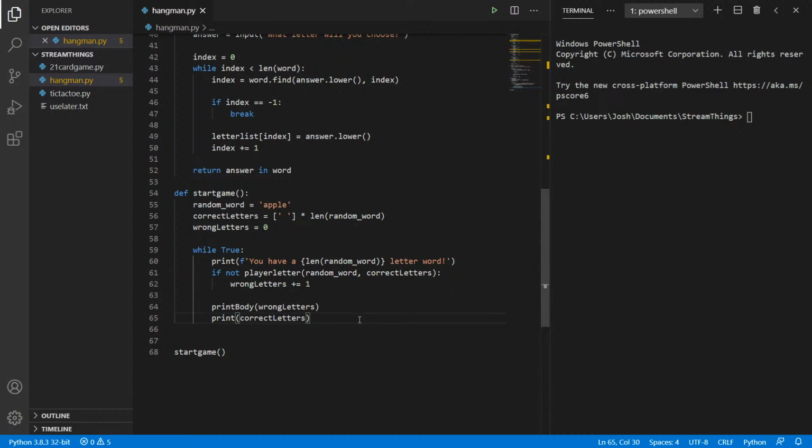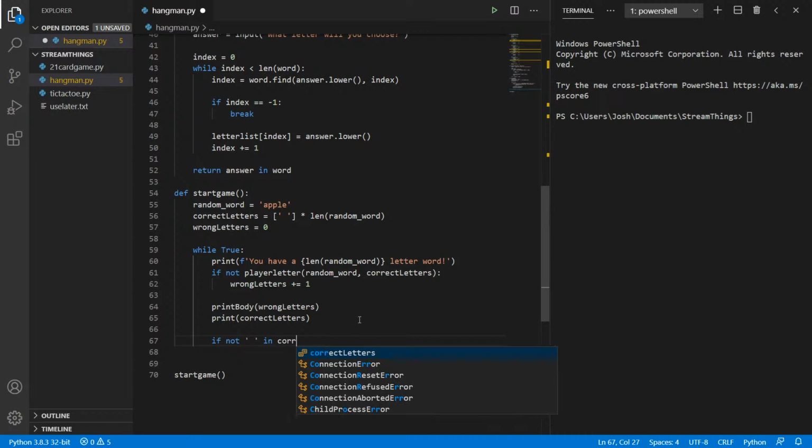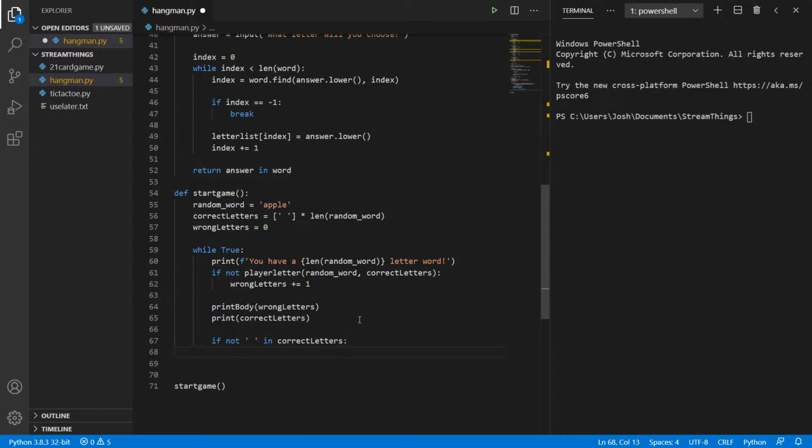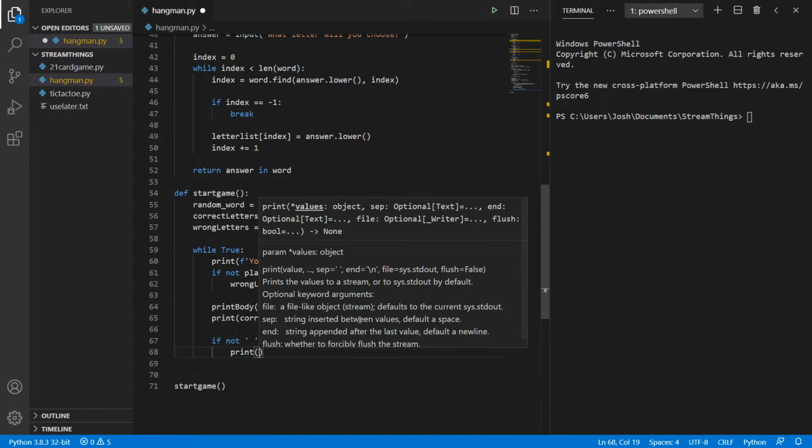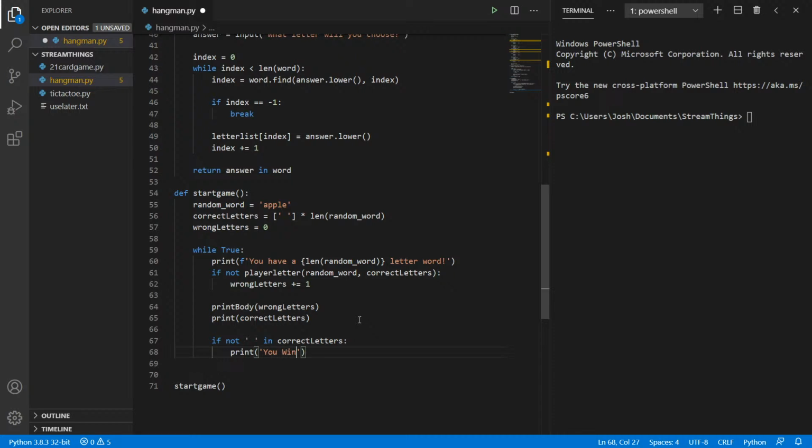Here we could say an easier way of checking if you got the whole word right. We could just say if there aren't any blanks in the correct letters, then I want you to print you win. Yay! And since this is in the while loop, we're going to have to break out of it, just like that. And then if your wrong letters equals 6,